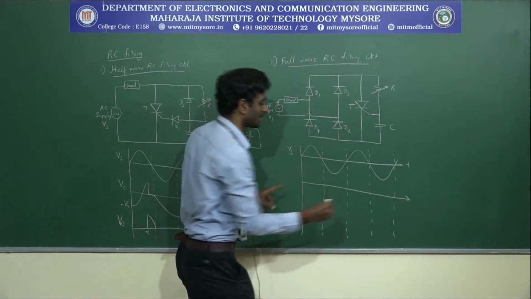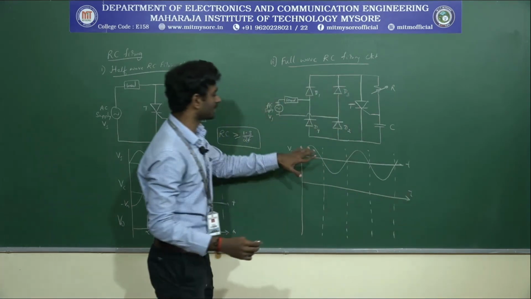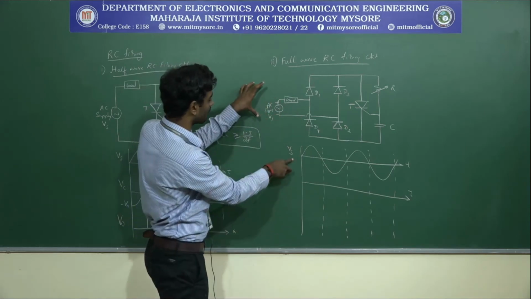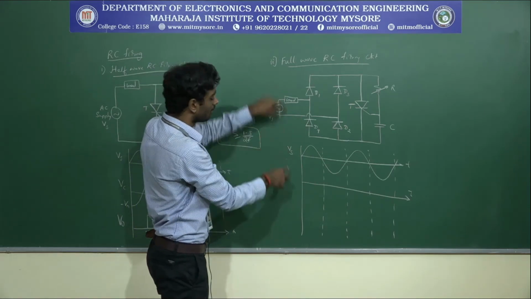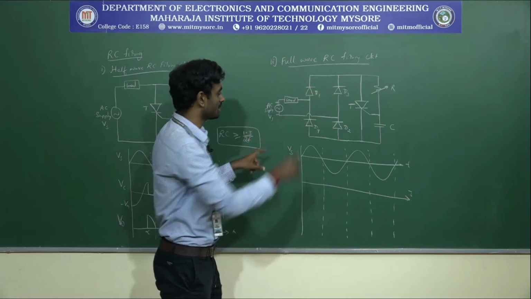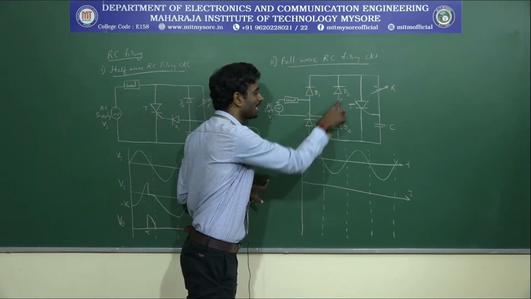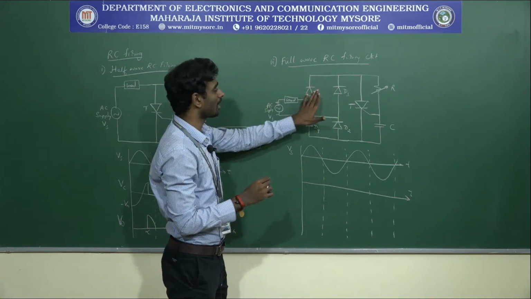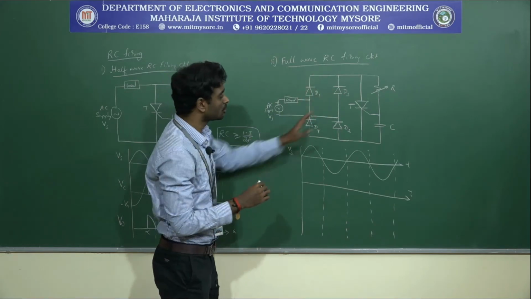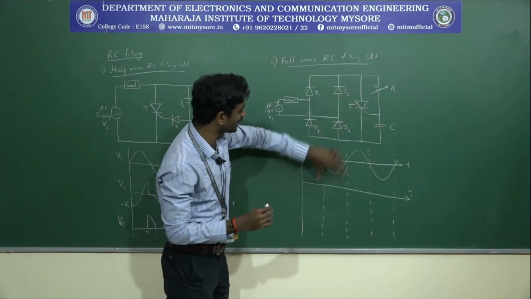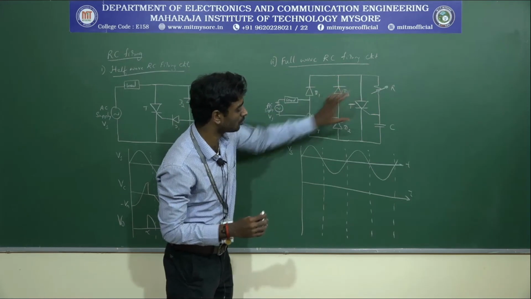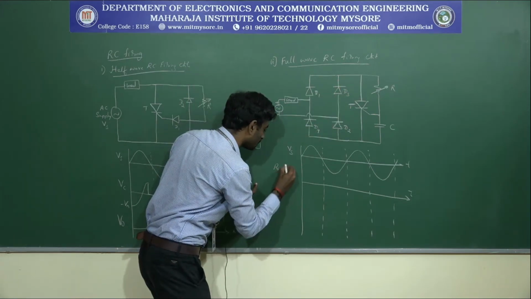Based on this supply voltage, I will be applying this supply voltage across this circuit here. Based on the diodes D1, D2, D3 and D4, which are acting like a rectifier,